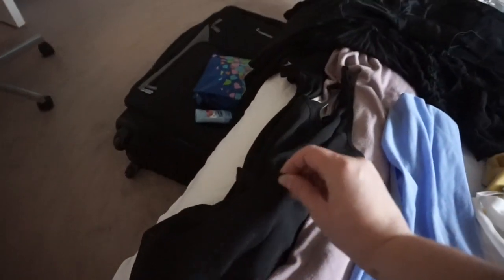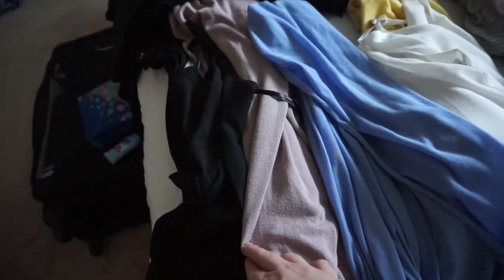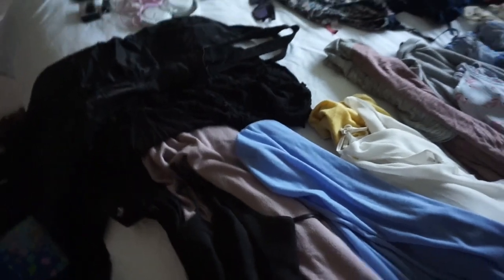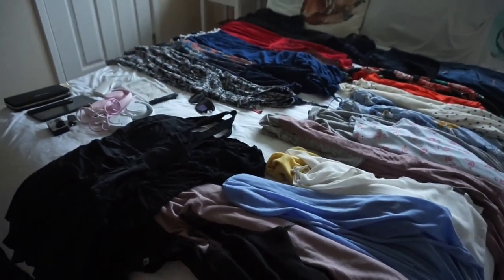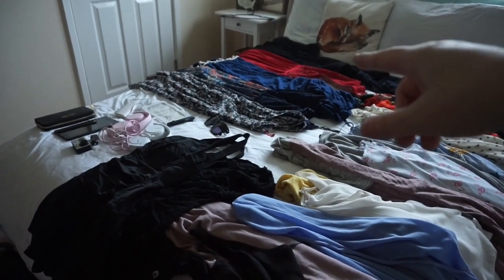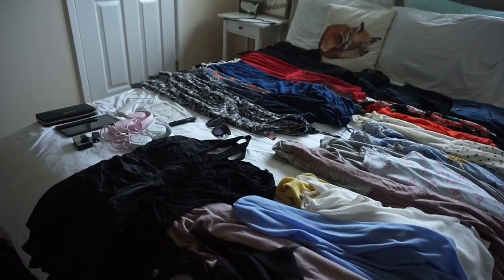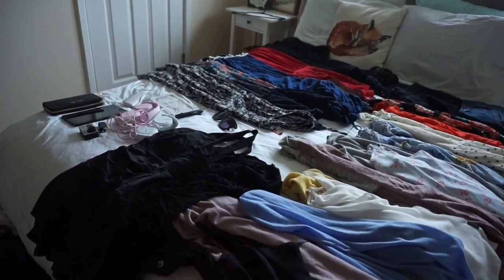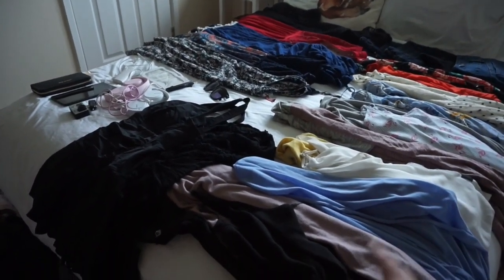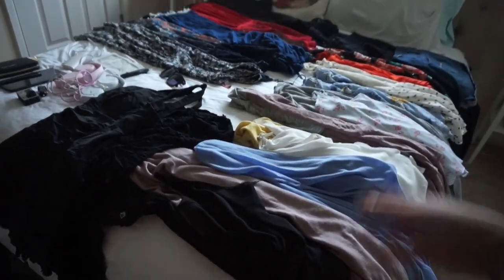And then this is my airport outfit. It's a pair of leggings, a black tank top, and a lavender sweater. I don't think it's really coming out lavender on the camera. And then I'm just going to pack 3 pairs of shoes. I'm going to pack a pair of sandals. I think I'm going to pack a pair of flats for my formal dresses just because they're long. You won't see my shoes and they take up less room. And then I'll wear probably some Nikes with this outfit on the plane so I don't have to pack